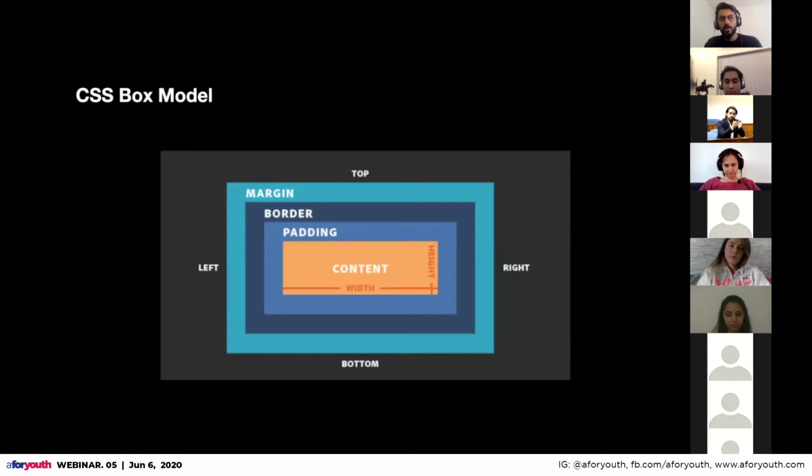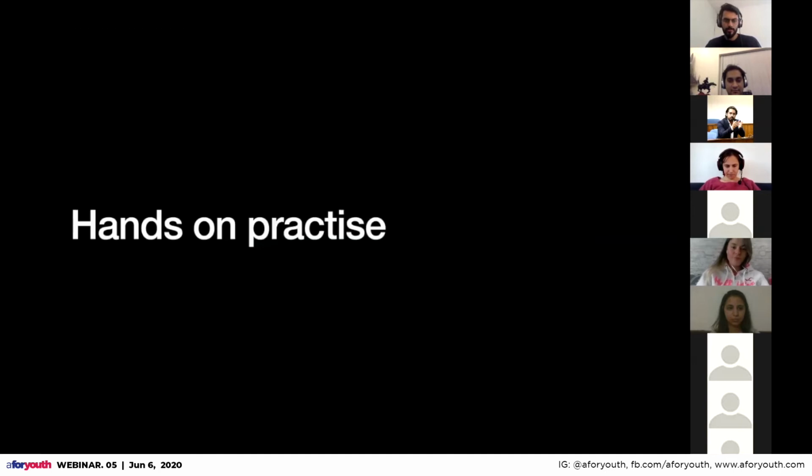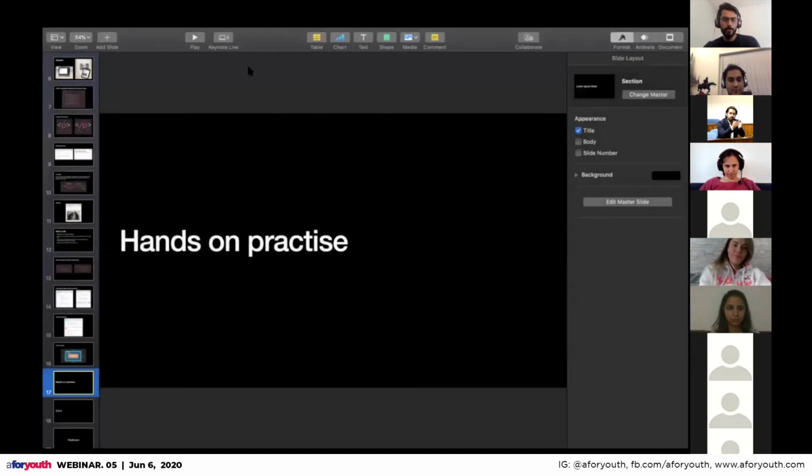You have seen the borders on websites as well. If you want your content to have space from the border, you add padding. And if you want your border to have space from the outer elements, you add margin. We will understand this later as well. Let's go to hands-on practice.